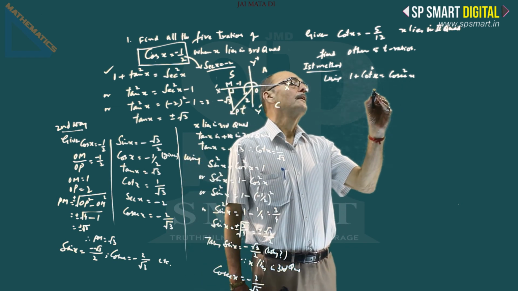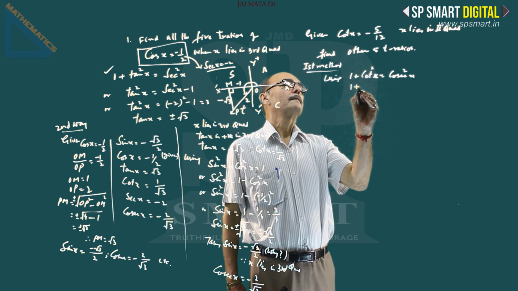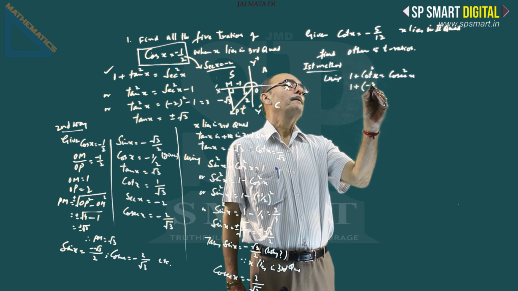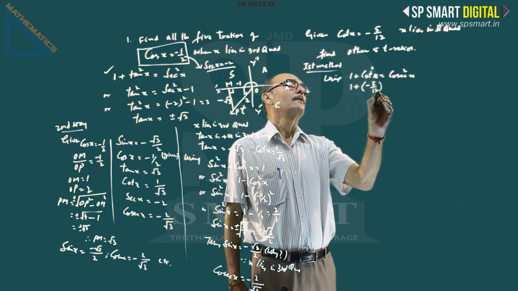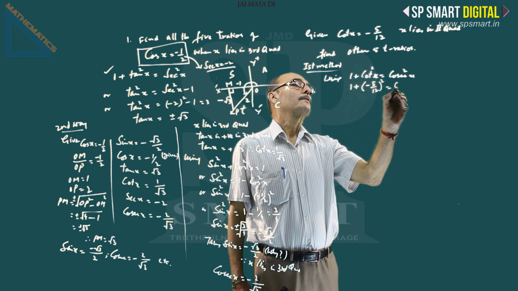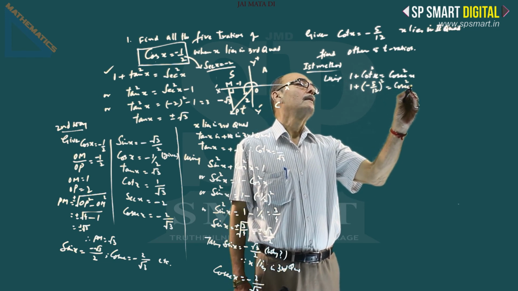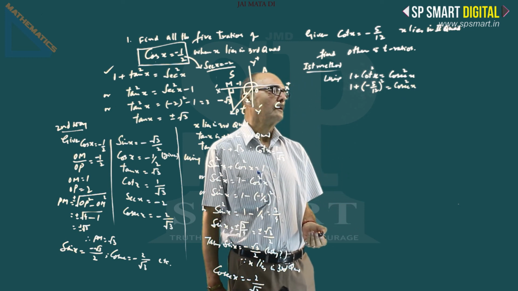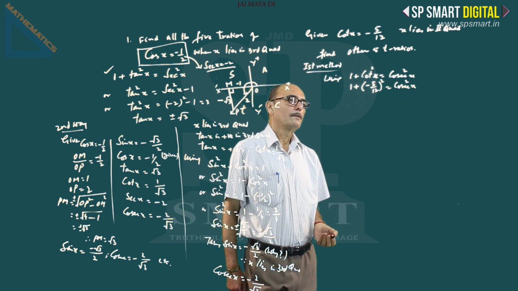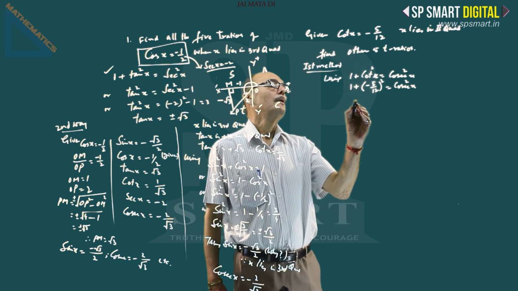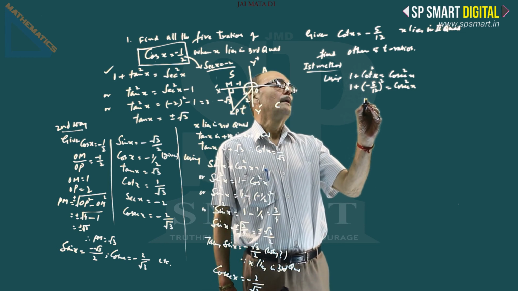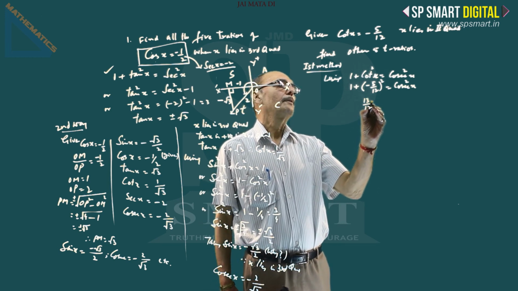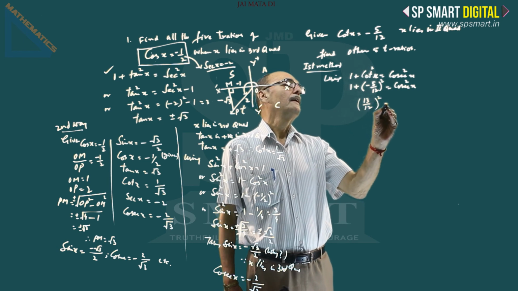So, this is 1 plus minus 5 by 12 square equal to cosec square x. So, this is equal to 13 by 12 square,